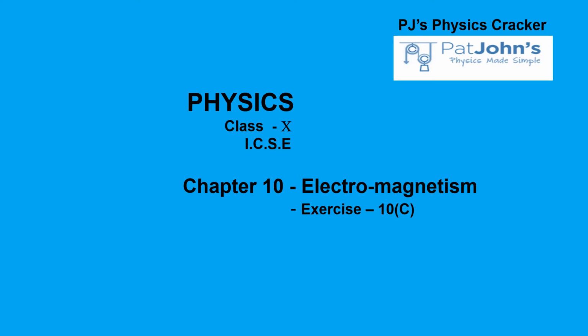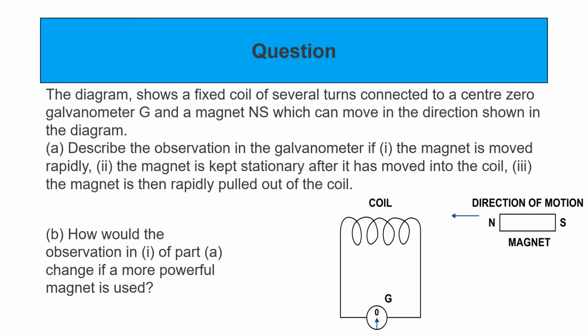Hi students, in this session we will discuss a question from exercise 10C from the chapter Electromagnetism. The question is, the diagram shows a fixed coil of several turns. This is the diagram and this is the fixed coil of several turns connected to a center zero galvanometer G. This is the galvanometer. The coil is connected to this galvanometer